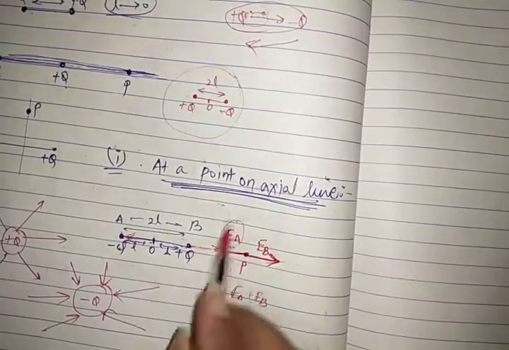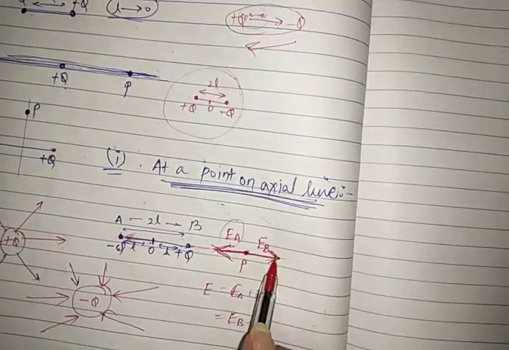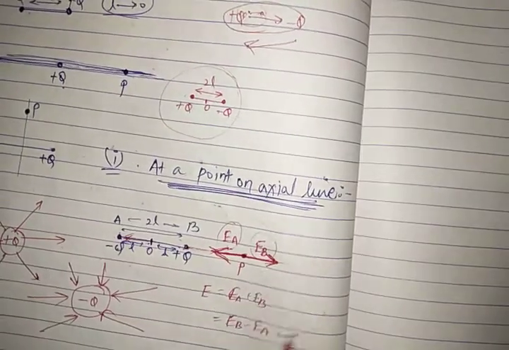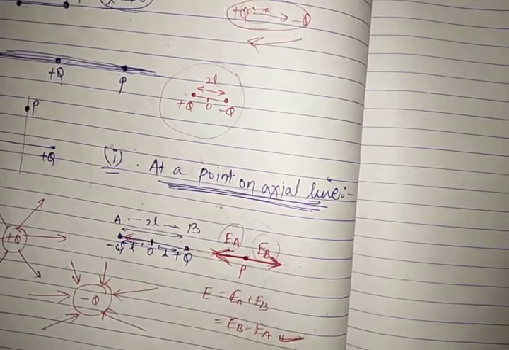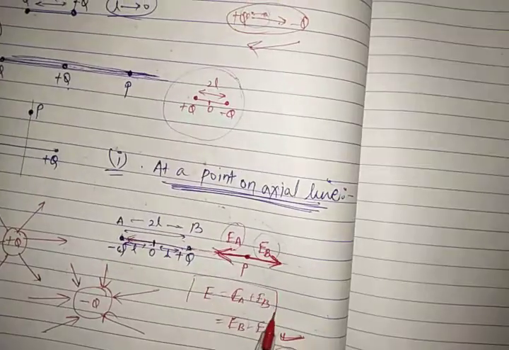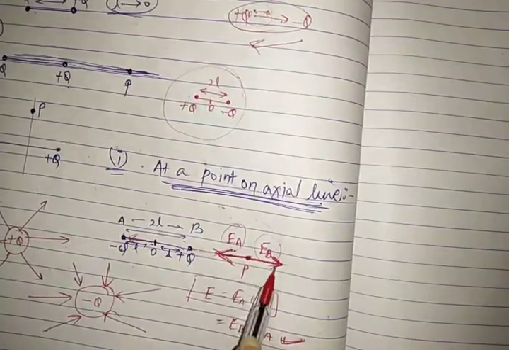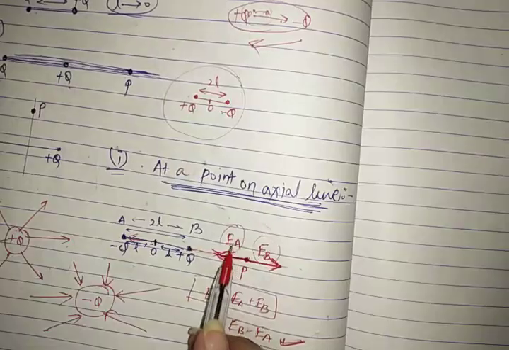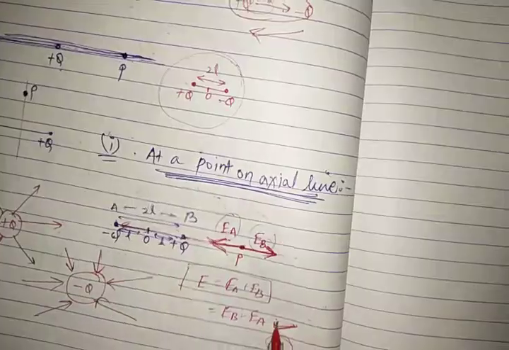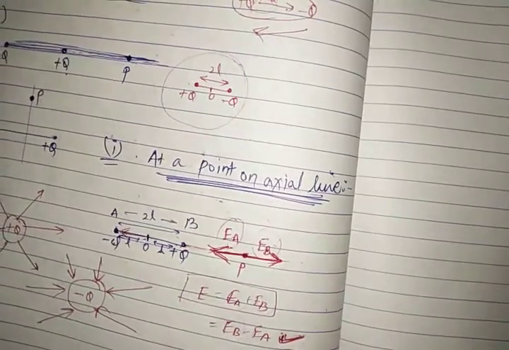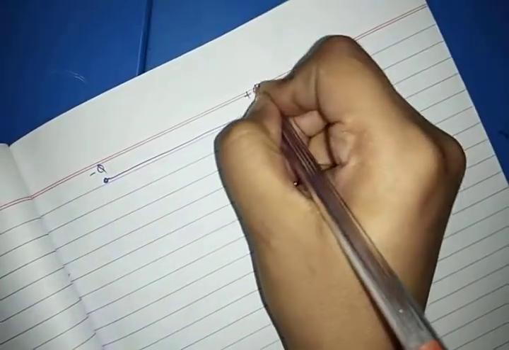You can do whatever you want, EB minus EA or EA minus EB. If EB is larger, then you will get a positive result here, and if EB is smaller, then you will get a negative result here. So the net electric field will be EA plus EB, but these are opposite in nature. That's why EA minus EB or EB minus EA, whatever the answer is, only the sign will change, positive or negative. So now let's calculate the electric field intensity for this arrangement. This is minus Q, this is plus Q.